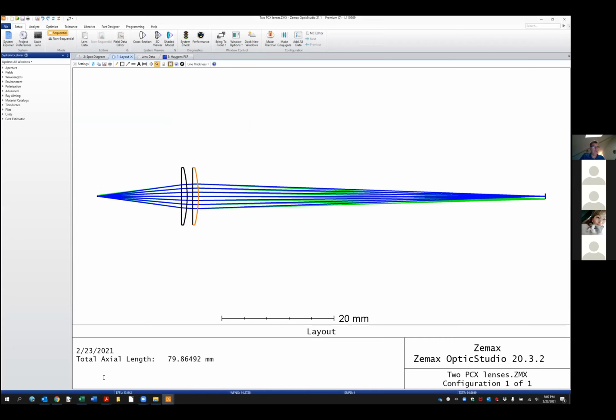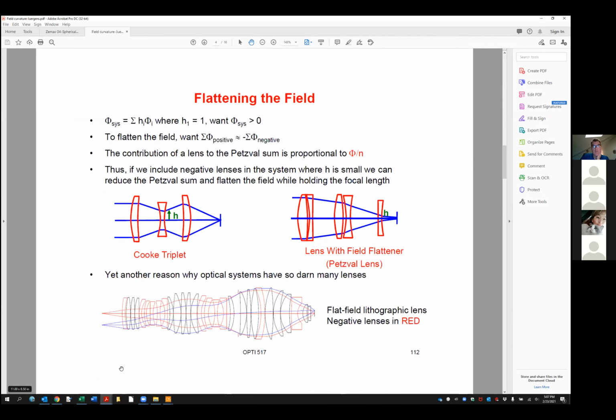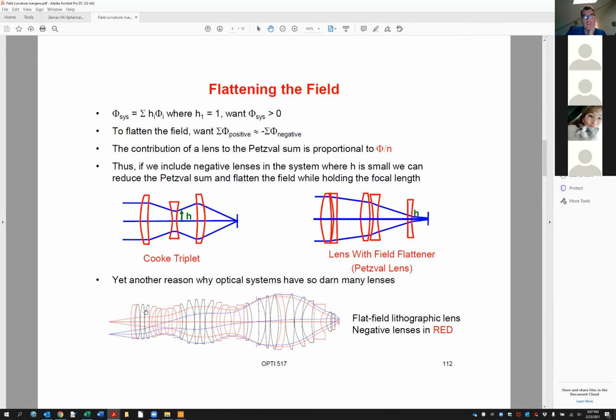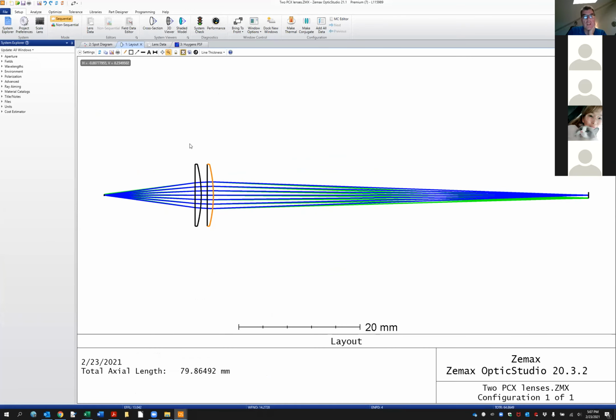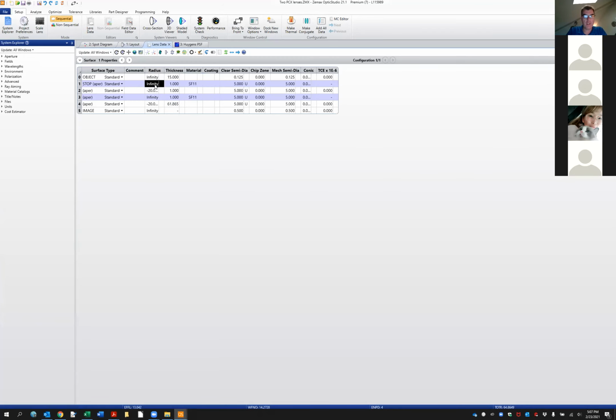Well, let's go into Zemax. Now, I don't know about you guys, but I found that this was the best configuration. And the reason goes back to this highly optimized lens where there's a small deflection at each surface. If I were to flip these around, which I would do just by going into the lens data and entering 20 and infinity,